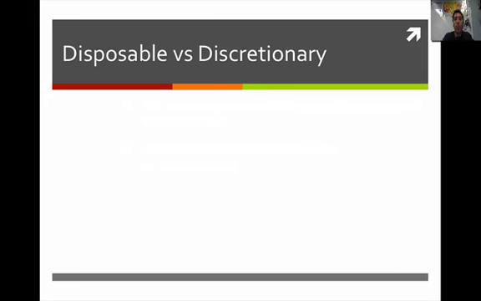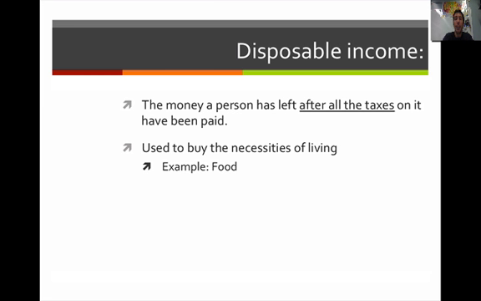What I want to quickly go through with you now is the difference between disposable and discretionary income. Understanding the difference between these two terms is essential to not only setting a budget, but also essential to determining your wants versus your needs. Let's get started. Disposable income is basically what you have left over after taxes have been taken out of your